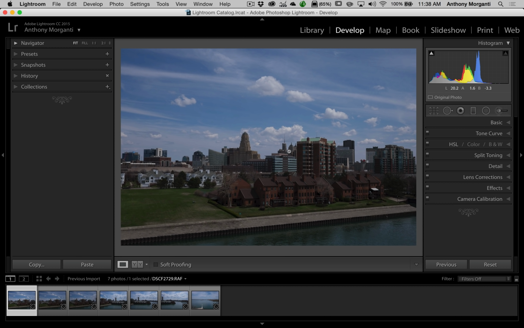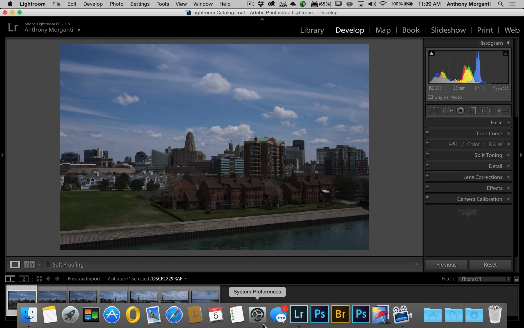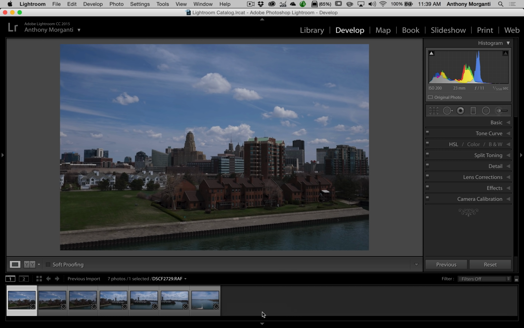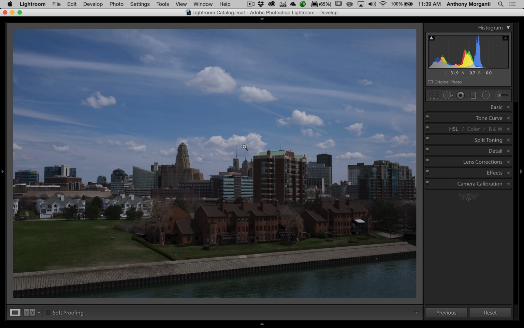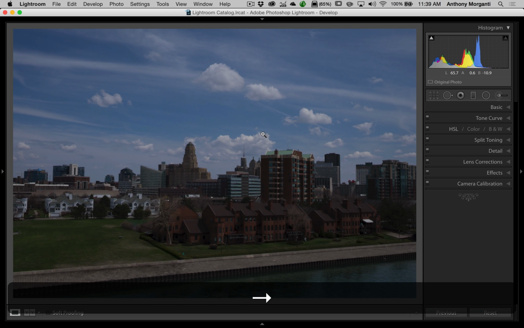Now, one thing I want to do though is I want more screen for the image. So I could close these panels down. In the left panel here, there's nothing here I need right now. So I'm going to close this down for now. I'm going to close this, if I could get my toolbar to go away, close that one down. And I'm even going to close the module picker up here down so I have more room to see my image. Now I need my right panel open because these are all the adjustments I'm going to do. Now, even though the film strip isn't showing, I still could navigate through each image by hitting my arrow keys. So I'm just going to page through them